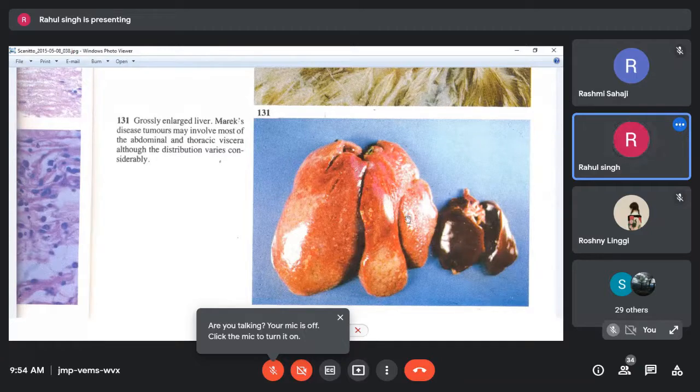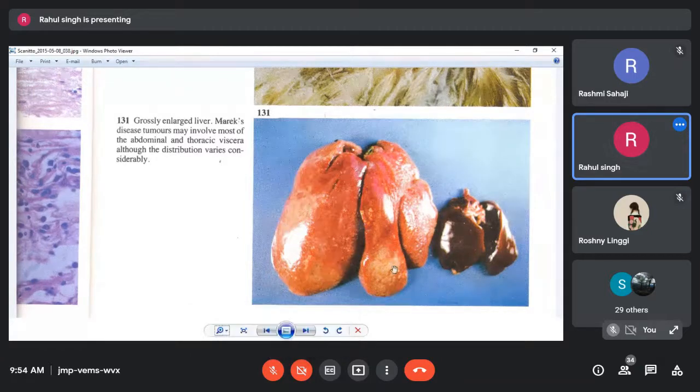You can see the enlargement of the liver lobes, and also the surface of the liver is appearing uneven. You can see here, isn't it? Large tumorous liver, uneven, and I should say it is having asymmetrical development of lobes. This is a very typical finding in Marek's disease and all